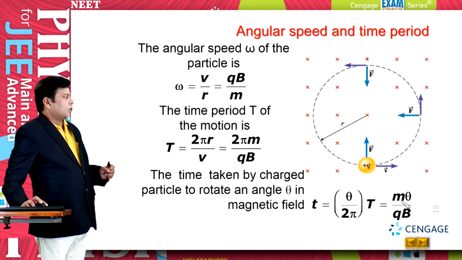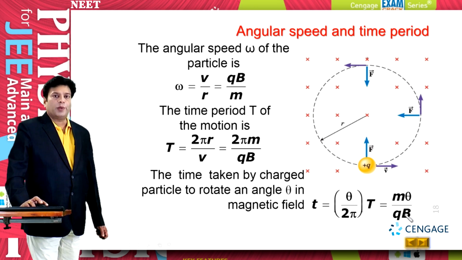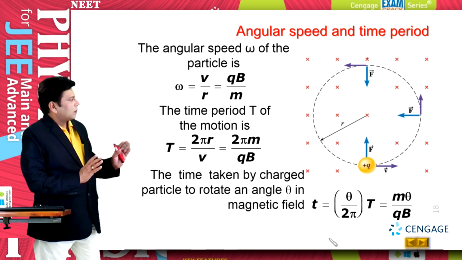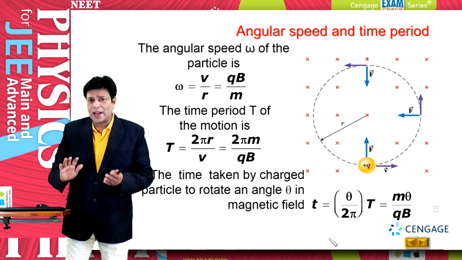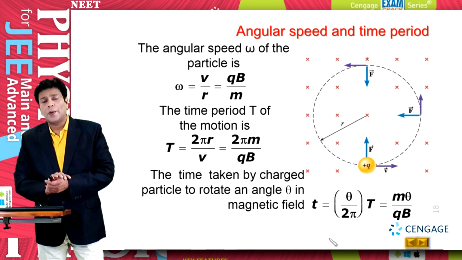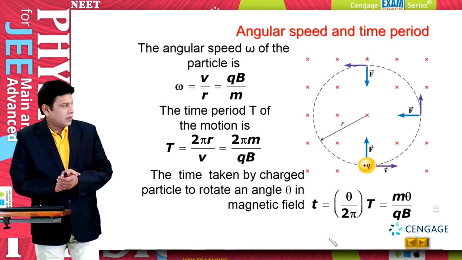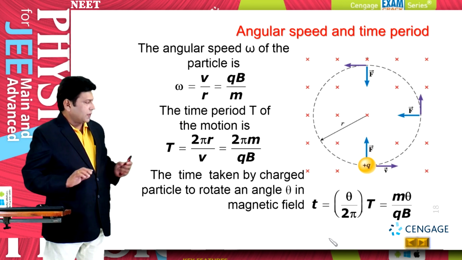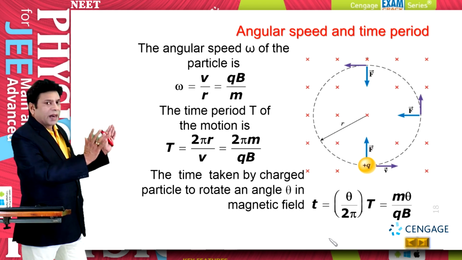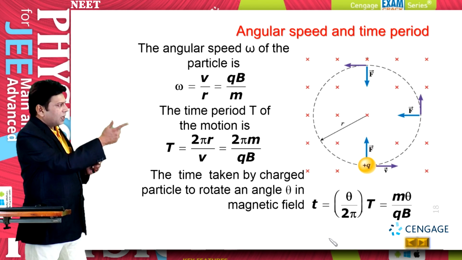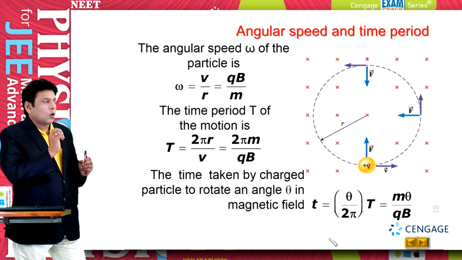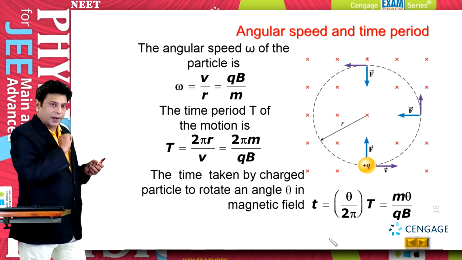That is equal to m theta divided by q, right? So here we learn about the radius, angular velocity and time period of the charged particle moving in the magnetic field region. And we also observe here the region of the magnetic field is not having any boundary. That is, the charged particle has every freedom to move or complete the circle.